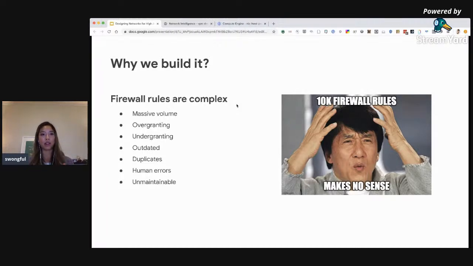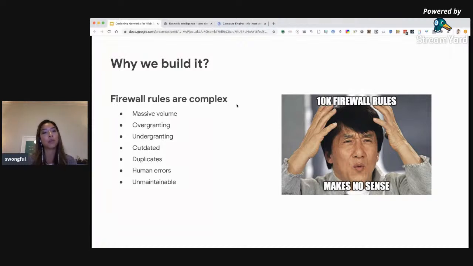Or you might have under-granting rules, maybe so restrictive that it's insufficient to drop traffic. And then maybe you have outdated rules, maybe you have human errors, maybe some of your developers have created rules that have errors in them, or maybe it's just unmaintainable. It's just too much to maintain over time.